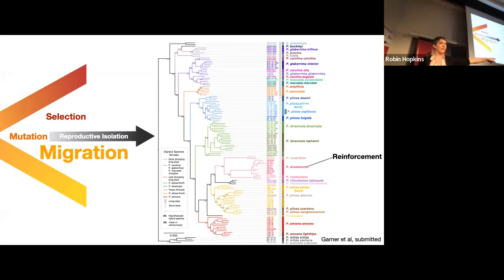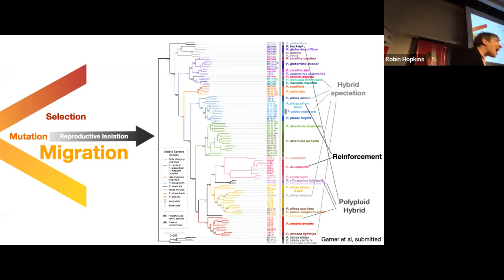And what's really cool about this group of Phlox, this is where our Drummondii is, and this is where this example of reinforcement is in the phylogeny. There's another example of reinforcement up there in the phylogeny, another color shift. Maybe there was hybridization that drove it, and maybe there was gene flow involved in it. There are 4 examples of hybrid polyploid speciation in this little group of like 20 species. And there are 5 hypothesized examples of homoploid hybrid speciation. So this is diploids that hybridize and form a third diploid lineage.